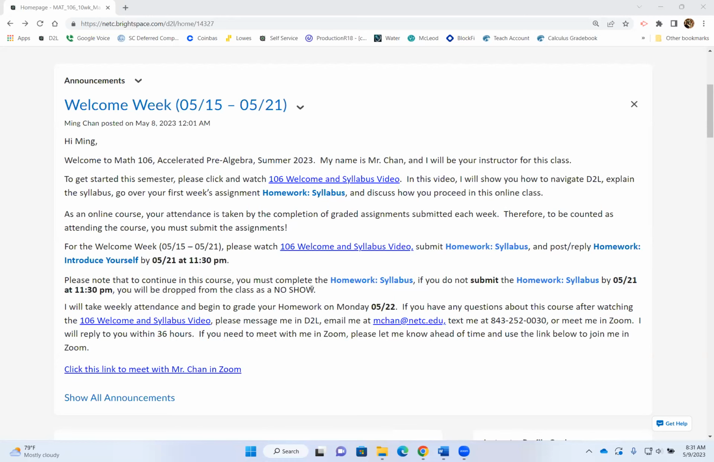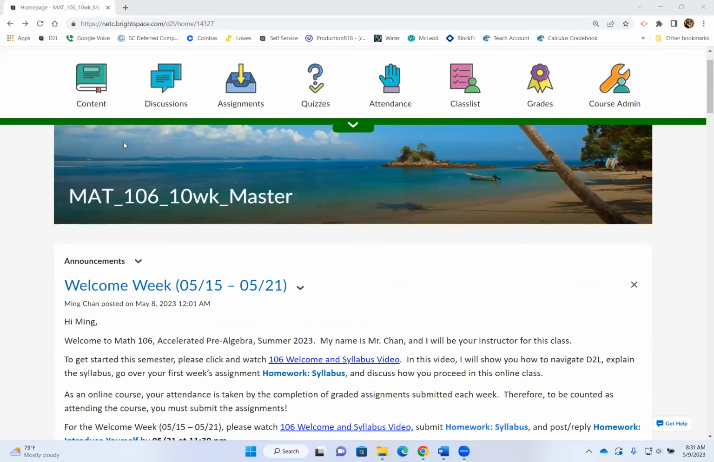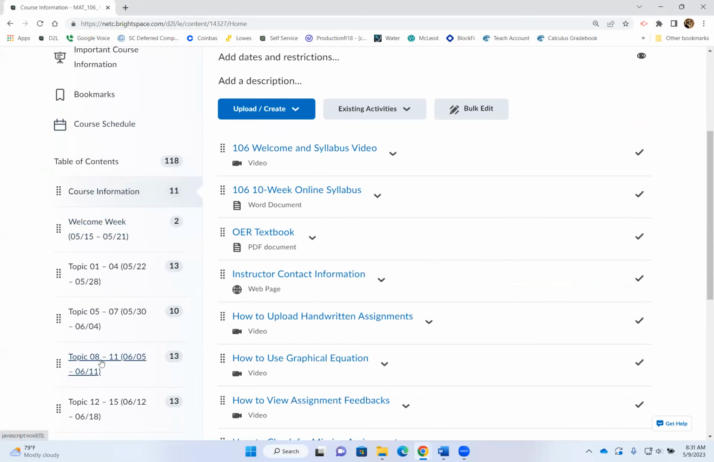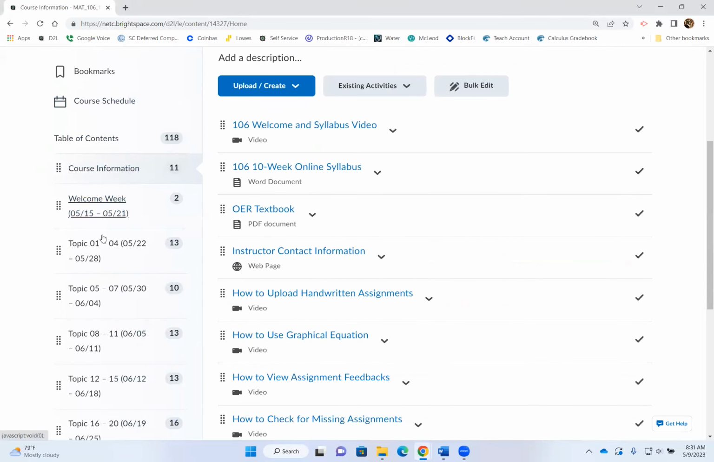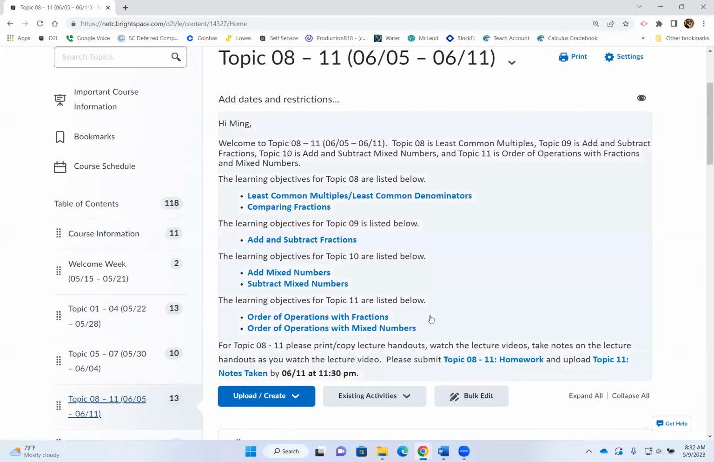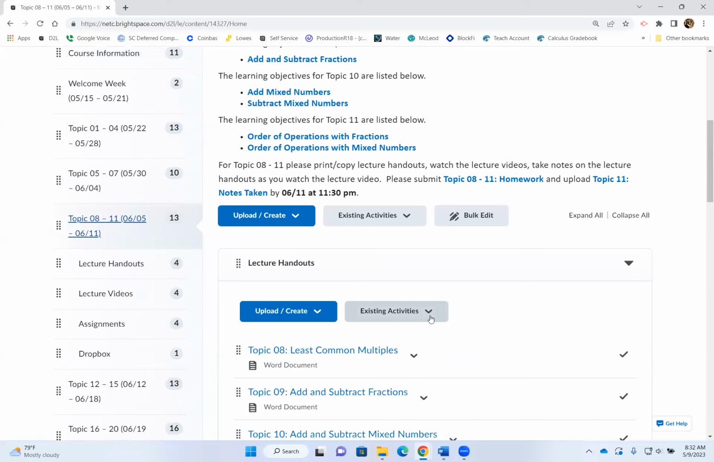The best way to navigate this class is to go to the very top and click on content. Once you click on content, everything will be displayed. The very left column right here is a table of contents. It displays all the weeks. So if I simply click on topic 8 through 11,